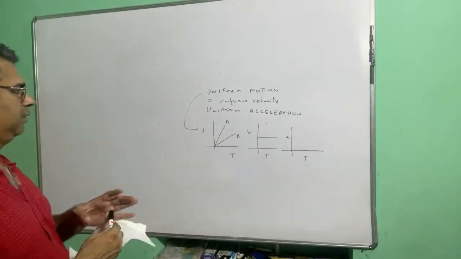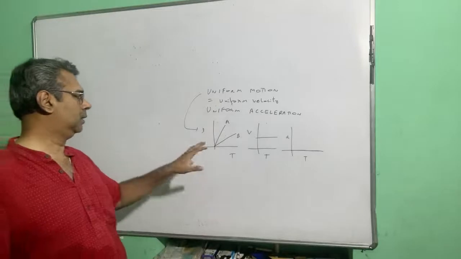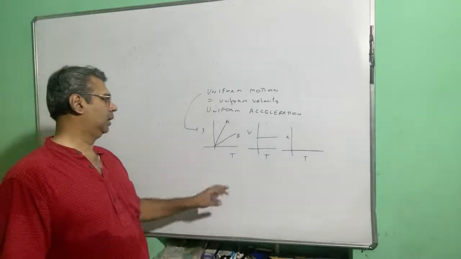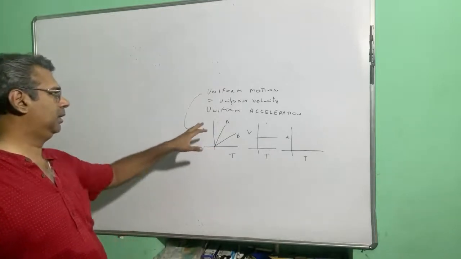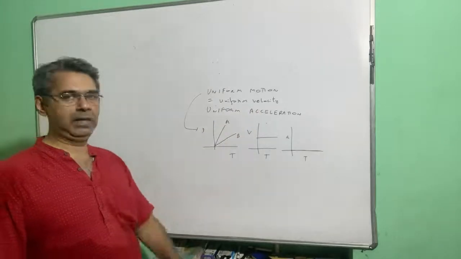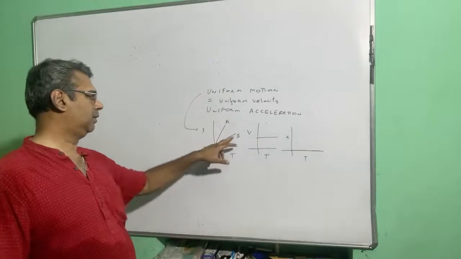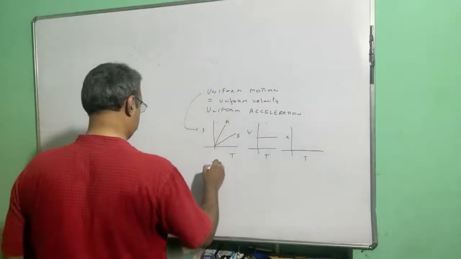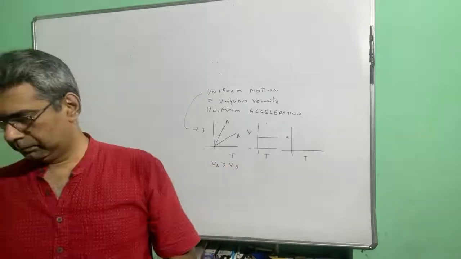if the graph is uniform velocity, then the displacement versus time graph will be a straight line passing through the origin, right? If it is uniform velocity, the displacement time graph will be a straight line passing through the origin. And you can see that here I have drawn two graphs, one is A and one is B. So you can see that the velocity represents